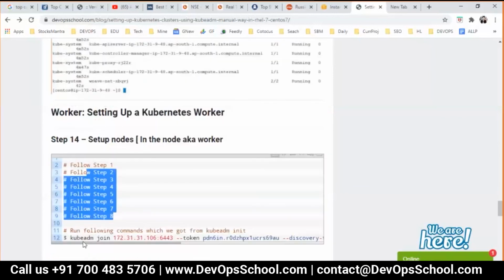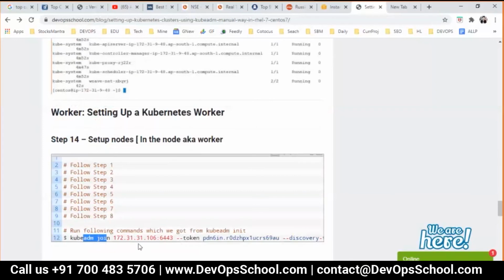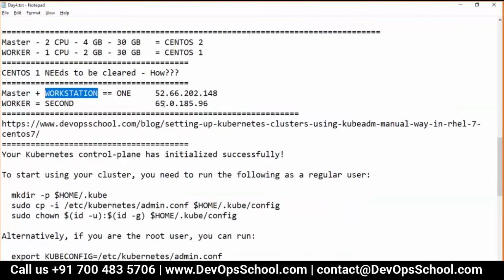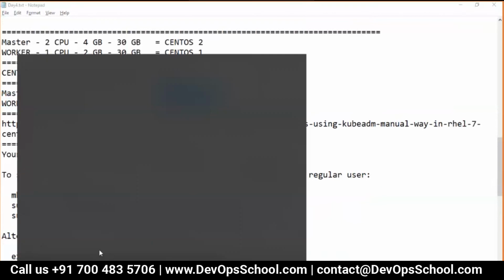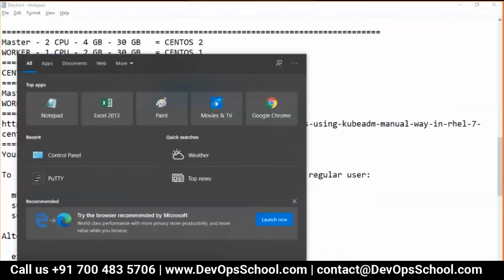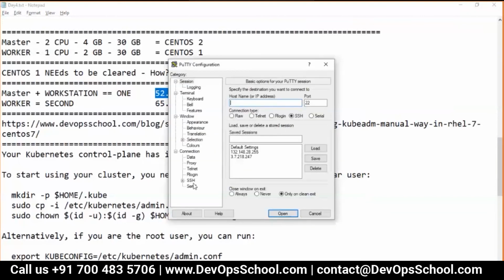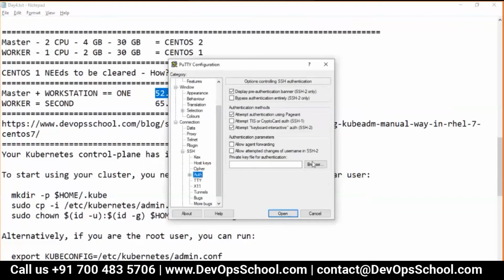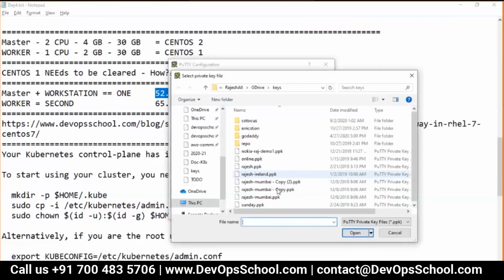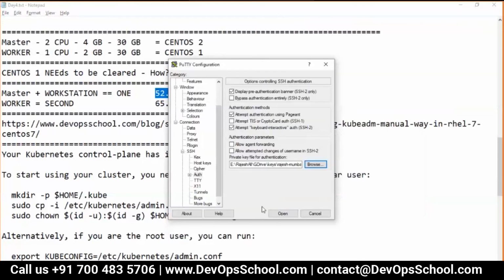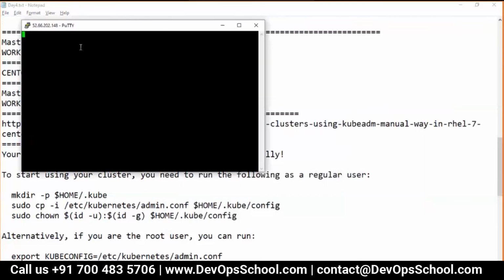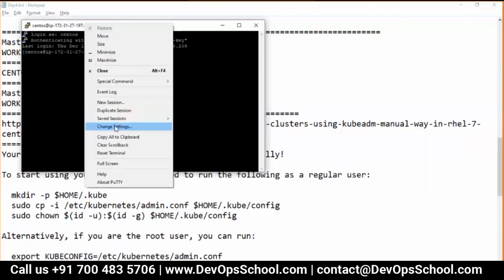You should never run init. Copy the whole thing as it is. That's the reason I asked you to. Run it. So guys, this command you run on 10 boxes, and 10 nodes will be added to the master. Guys, it says this node has joined the cluster already. Now I'll close this to avoid confusion. Now don't remember the master. Don't remember the worker. Just remember the workstation.